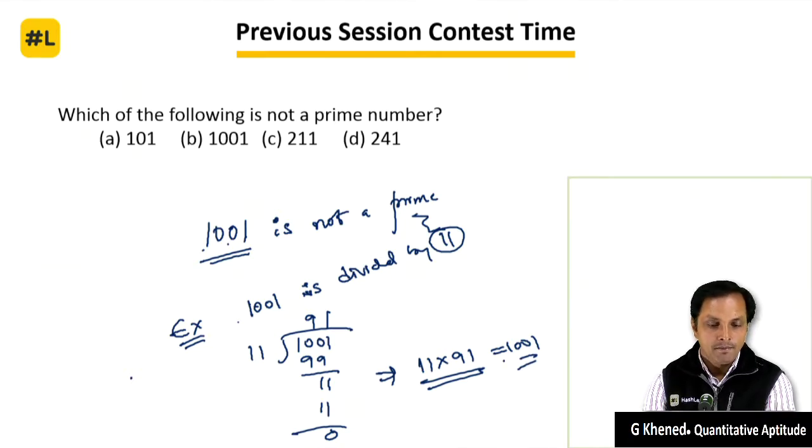Okay, so prime number, you know the rule, prime number is the one number which is divisible by 1 and the number itself. But you can see here 1001 is divisible by 11, or you can say 11 into 91 is 1001. Okay, fine. Now you can take the question